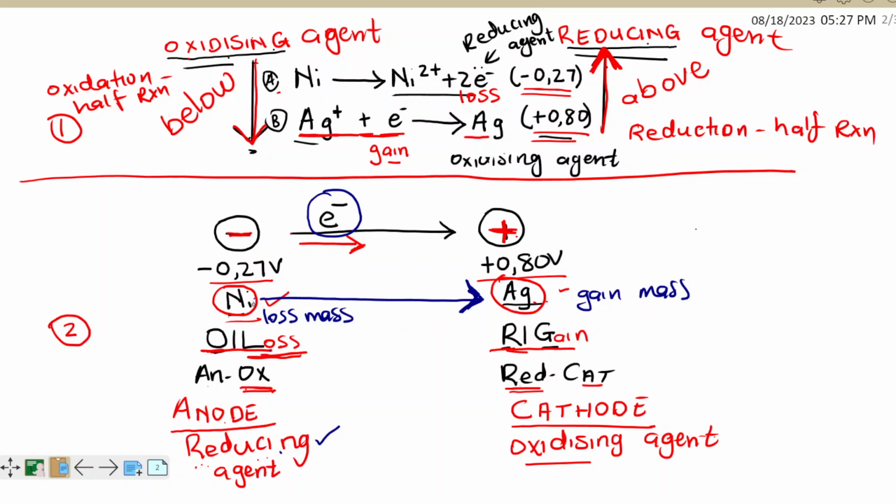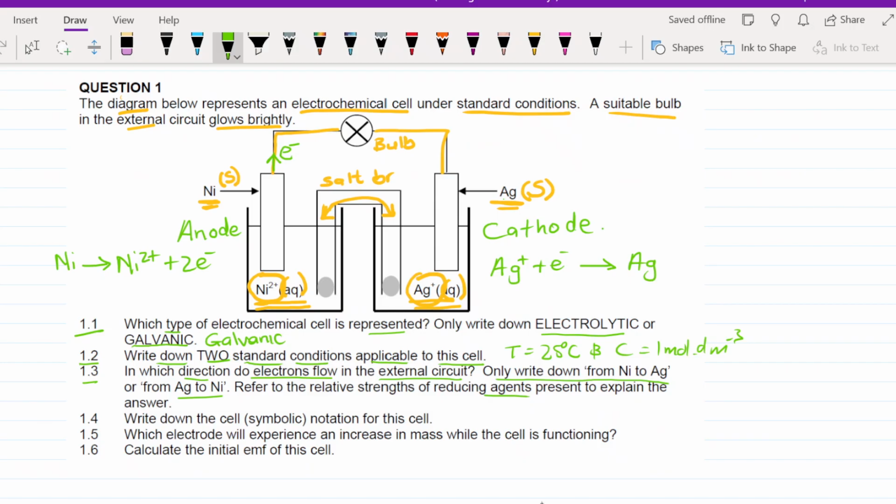So that question is normally 3 marks. So the first part of the answer, you say they are moving from nickel to silver. That's the first part. Then there are the following 2 marks here. They said now refer to the relative strengths of reducing agents present to explain the answer. So why are they moving from nickel to silver? Because nickel is a stronger reducing agent than silver. So you write that down, because nickel is a stronger